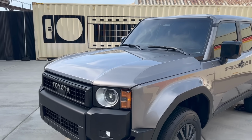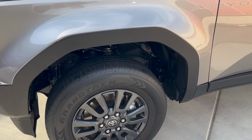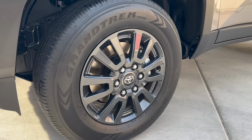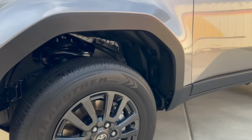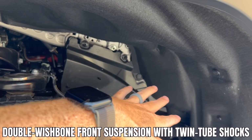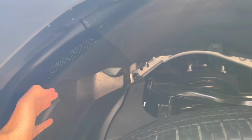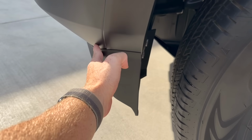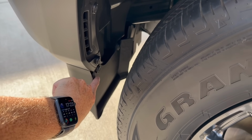Heritage. As we make our way around, guys, you can see the nice beefy hood on this one. As we look at the tires, this one is a lower trim. We're talking mid-50s here, so these are smaller tires. They're 245/70 R18s, a nice 18-inch wheel, kind of magnetic gray look, and this is still rocking on Toyota's TNGA-F platform. So we're gonna have nice, good shocks on this one, and also a fully boxed rigid frame, and then we do have the felt fender liner up in here too, like the Tundra, Sequoia, GX, and then also a little bit of plastic right here, and the little air dams right here. You can see if you do elect to remove them for even more ground clearance, you have those simple little